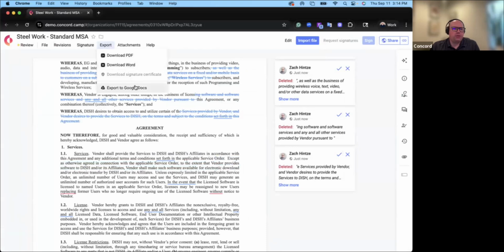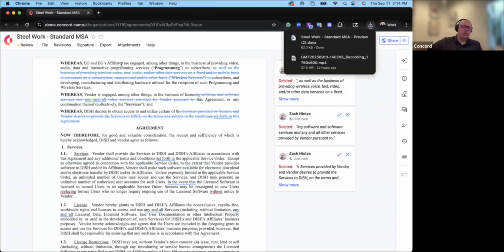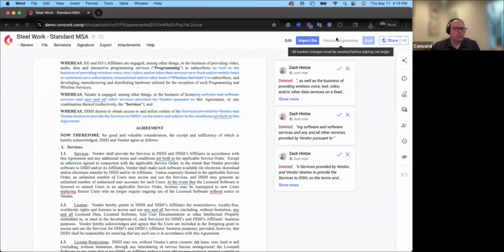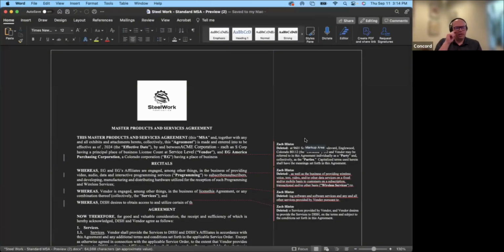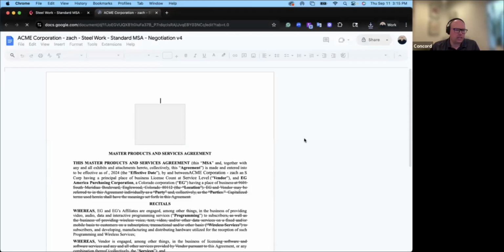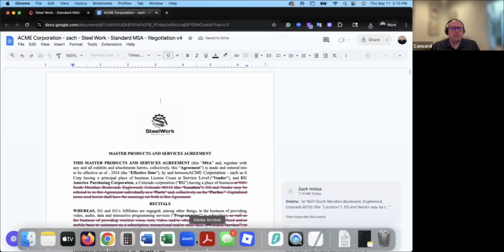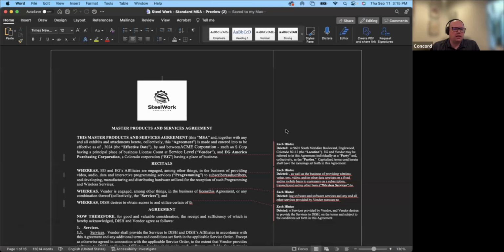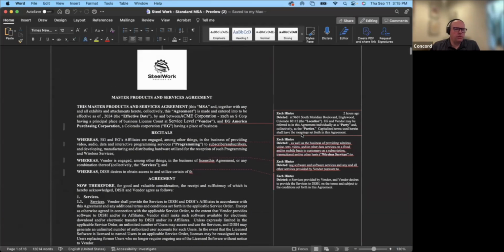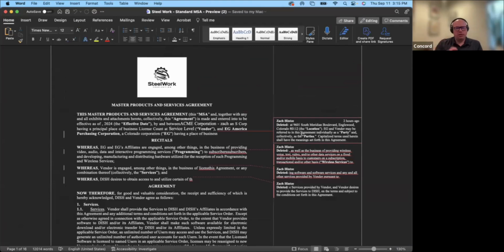We can go ahead and click export. And so now I'm going to take this into Google Docs. I'm also going to take this into Word. So we do have integrations with both. We did just recently release a Word plugin. So if you wanted to, you could actually take a document from Concord into Microsoft Word. And I don't have it set up on my account, but when it is set up on your account with Word, you're able to just simply click a button, which will take that, push it back into Concord and save it there. So we've got a full integration, a two-way integration with Microsoft Word,